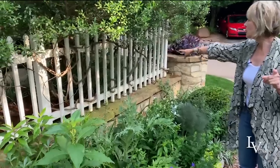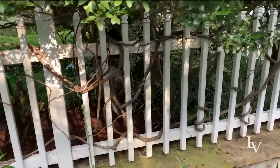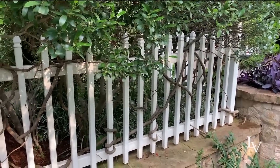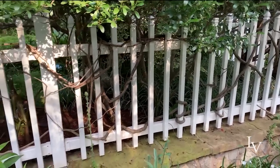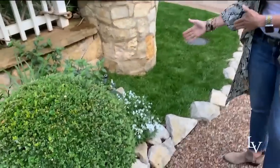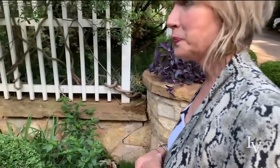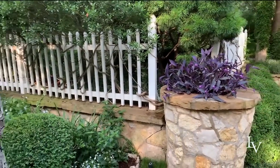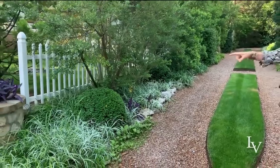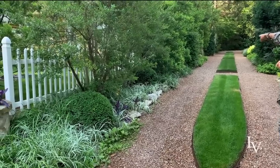Stuart, if you can point out the brilliant structure of this Dutchman's pipe. I mean, who could bear to cut that off? I couldn't. It's wonderful. And then on the end, we kind of come full circle. And at the end of the drive, there's that wonderful stone planter filled with purple heart. And then you can see that on the opposite side of the driveway, it's trash day, you guys, so that's what all of this noise is. But you can see that the same materials, just a combination of Yopon hollies, variegated liriope,